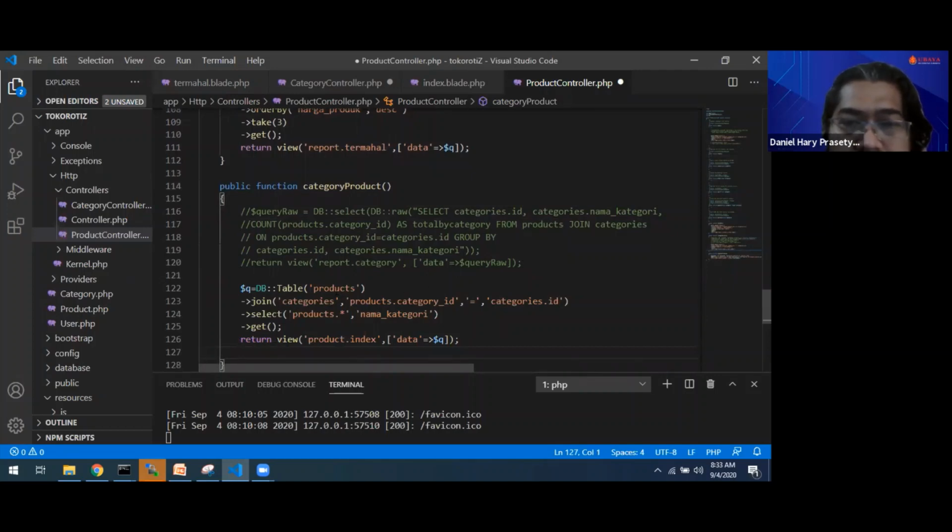Table categories. Join with products. Group by, select nama kategori.